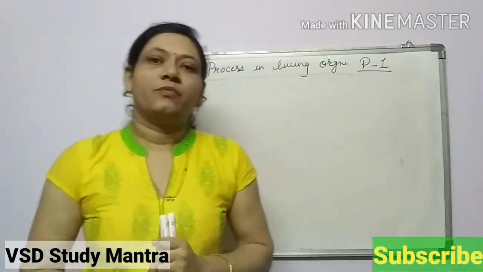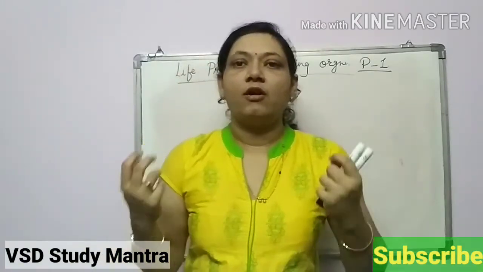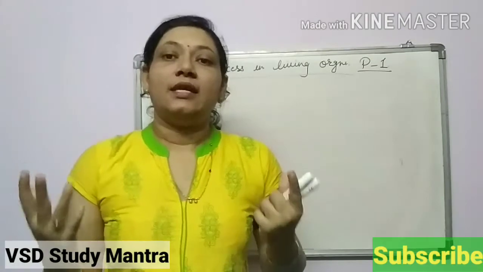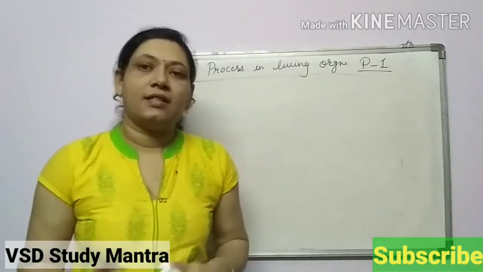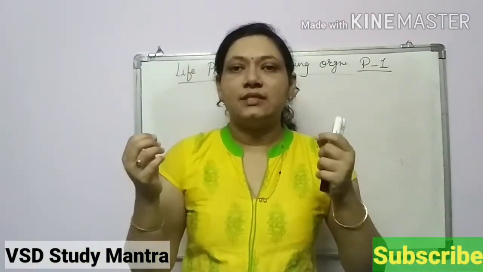Okay. So the cells of our body, the organs of our body, the organ systems of our body need what to perform the functions? What is needed? Yes student, you are right. Energy is needed. The energy is needed for the cells to perform the functions in our body. So, how do we get energy? We get energy from foodstuffs.